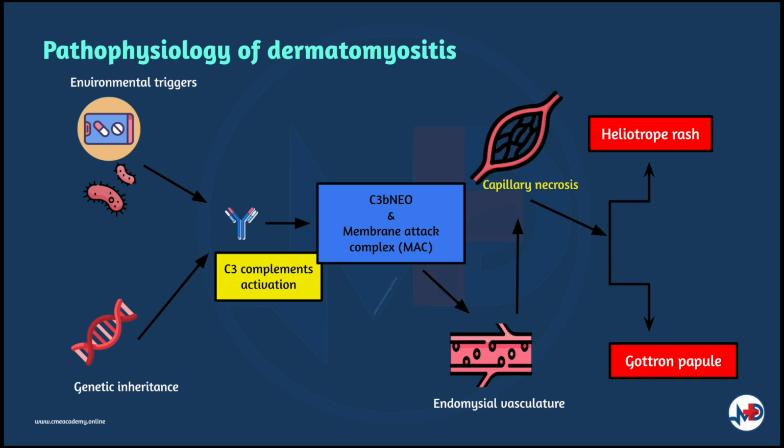Cutaneous manifestation of dermatomyositis is caused by capillary necrosis. Capillary necrosis on the dorsum of the hand forms hyperkeratotic flat red papules on the dorsum, especially the knuckles. This condition is called Gottron papules. These Gottron papules can also be found over the elbows and knees. Capillary necrosis in the upper and lower eyelids causing red-purple discoloration with or without swelling is known as heliotrope rash.